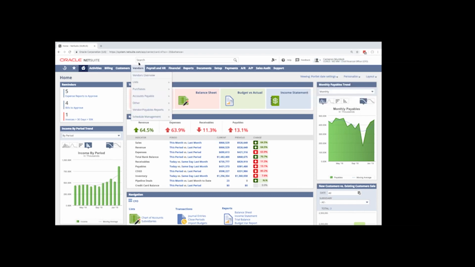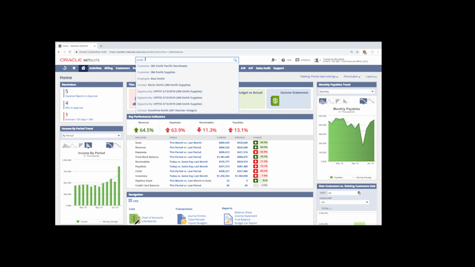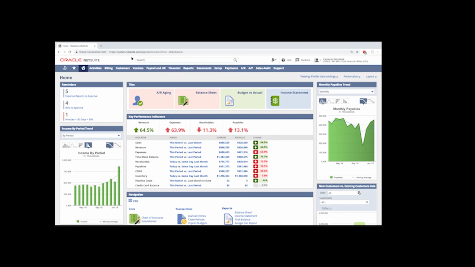At the top of our page, we can see the global search bar. This is where we can query the suite. In this case, when I search Smith, I can actually see different record types that I get matches for, whether it's a customer, employee, contact, or opportunity. And if I wanted to filter down on that, I can actually use the shorthand for the record type, or CU for customer, and it filters down to only customer results. So it's easy to find what I need in multiple ways in NetSuite.